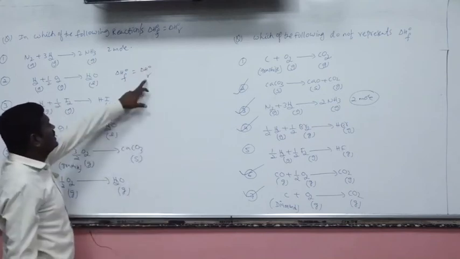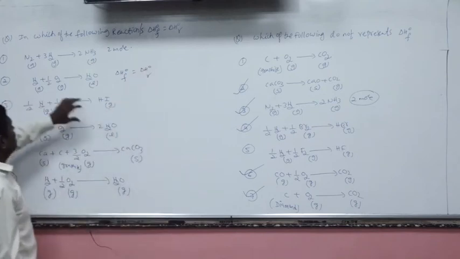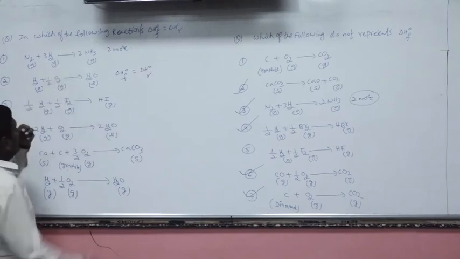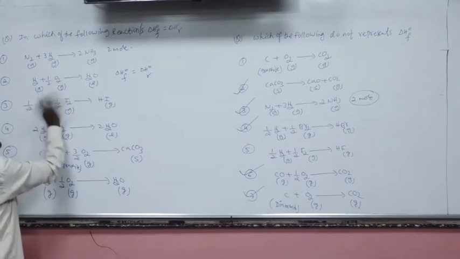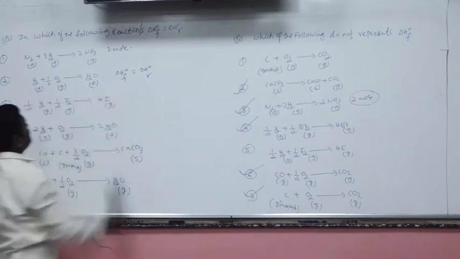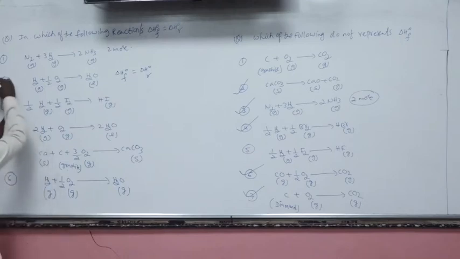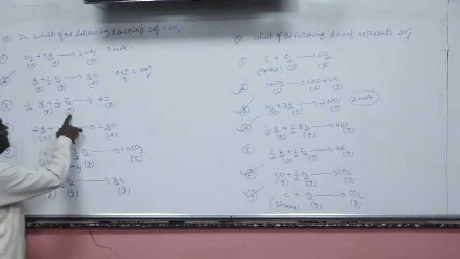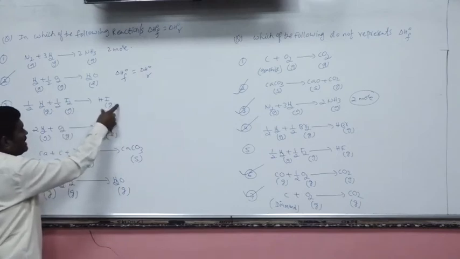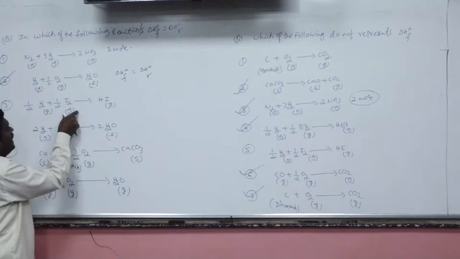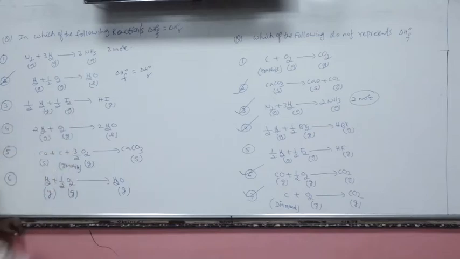Standard enthalpy of reaction is equal to the sum of the standard enthalpy of formation of products minus reactants. Reactants are gases. Its value taken in standard condition is 0. So this is correct. Now, the second option is correct. Come to the third option, H2 and I2 combined to give HI. Now here HI is gaseous state, I2 gaseous state and H2 gaseous state.